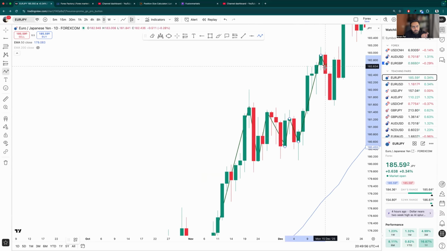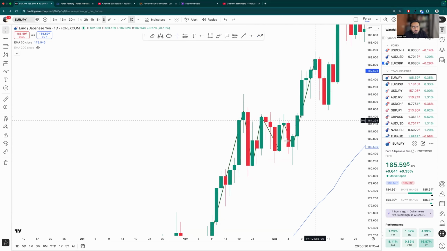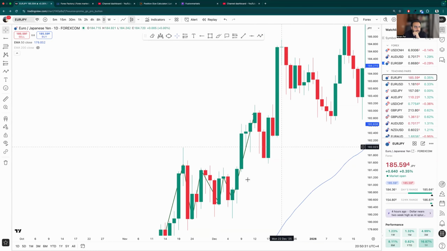For example, if the candle moves down at this point, then there's a new lower low. If you call this the higher low, then the candle has to come down till here, right? But if only this is broken, then we'll have a new lower low and this will turn into a lower high. I hope this is clear, right? It's pretty simple. You just have to look at the structures and understand these rules.